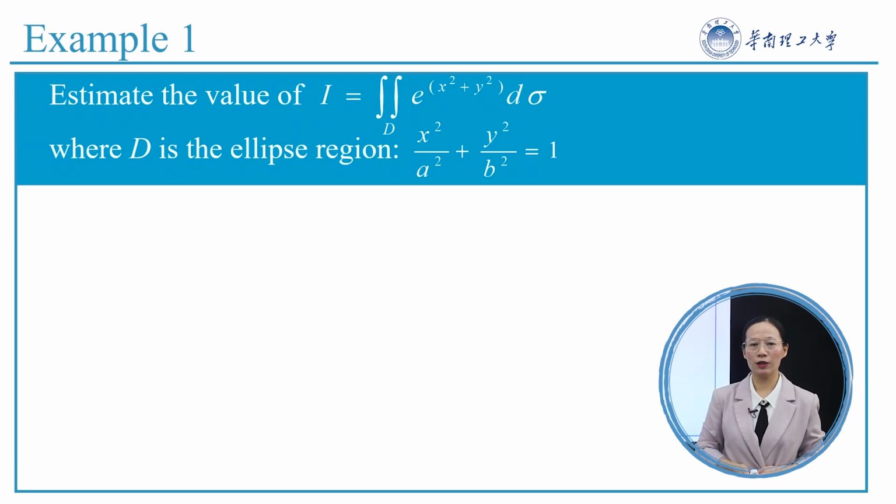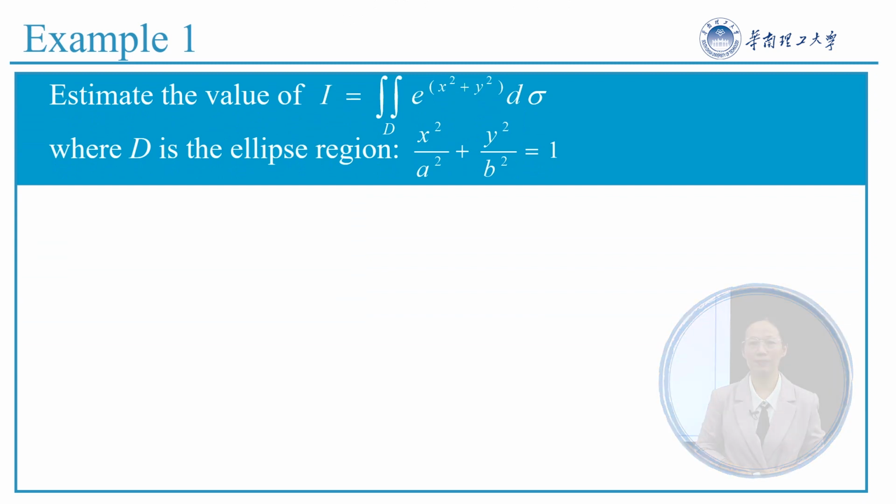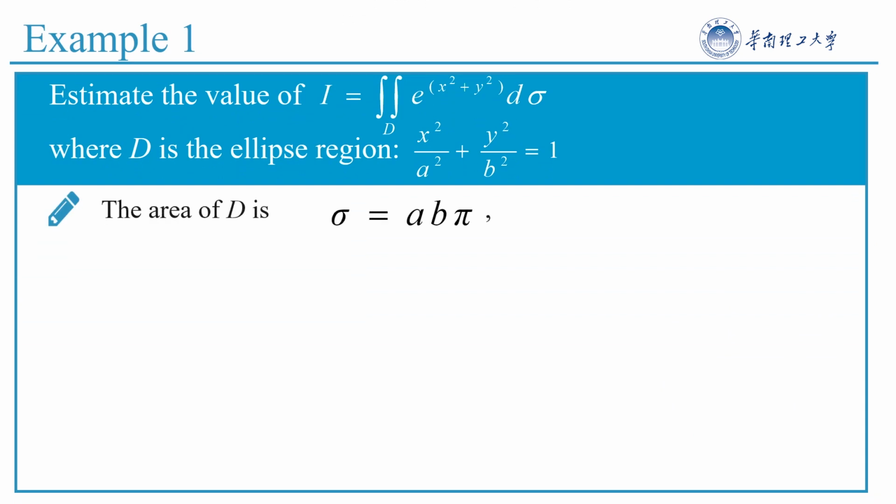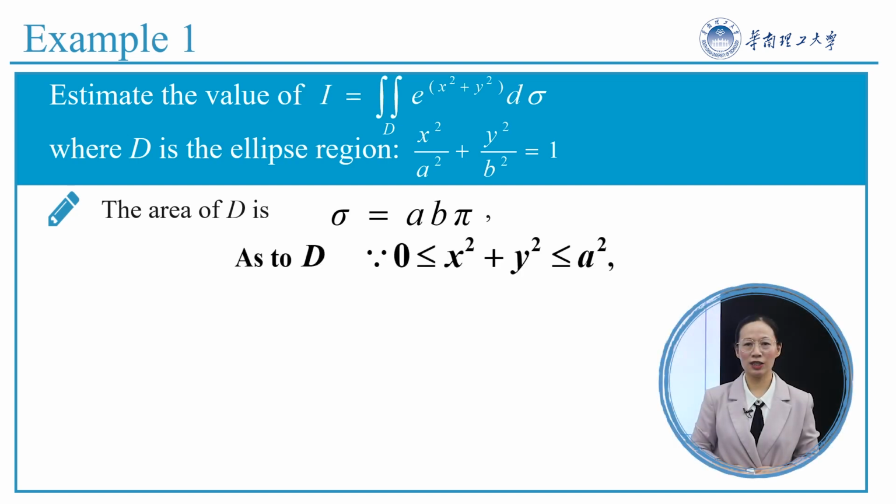According to the evaluation theorem, we need to estimate the range of the integrand on the region D and calculate the area of D. The area of D is equal to ab pi. As to D, because x squared plus y squared is between 0 and a squared,